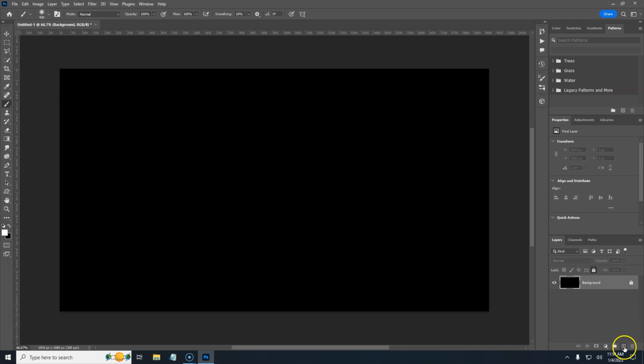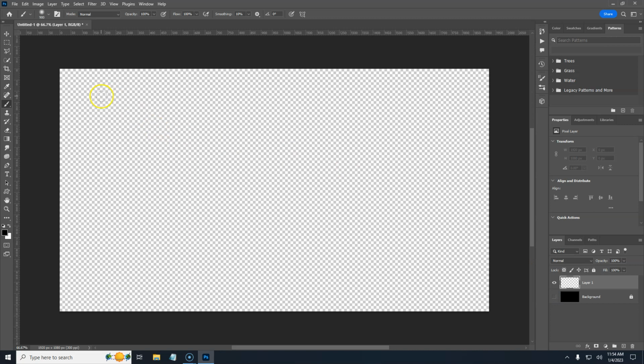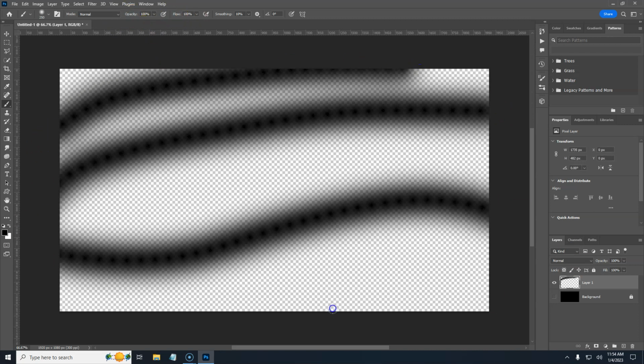To start off, we're just going to create a new layer. And we grab our brush tool by hitting B on the keyboard or hovering over here to the brush tool. And we have black selected. I'm going to turn this background layer off so we can kind of see what we're doing. And left and right bracket keys will resize your brush. Opacity and flow at 100%, and we're just going to make some